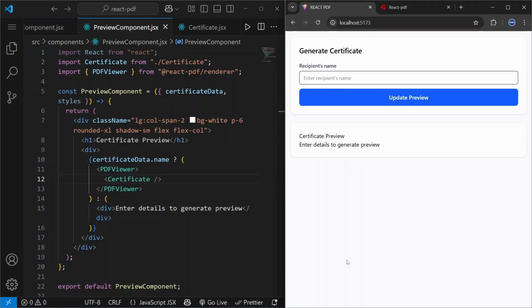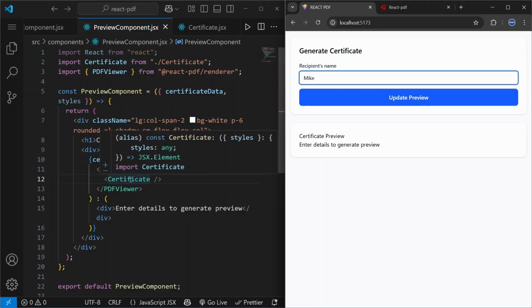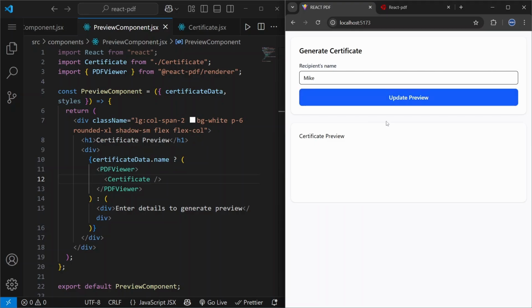So we didn't see the name because I didn't click this button, because certificate data was empty at the time. So let's say Mike, and now if I click update preview, we will see this certificate. Well, we don't see what we need, right? But we don't have this enter details. It means that certificate data.name is true, and we don't see what we need is because to PDF viewer we